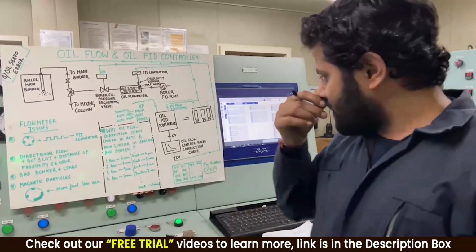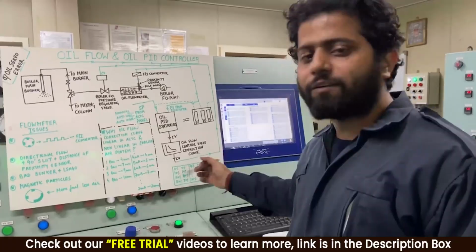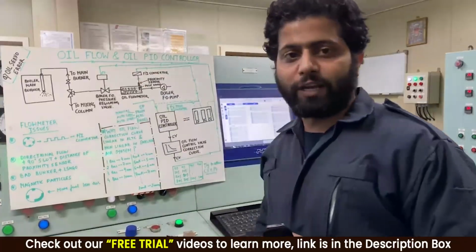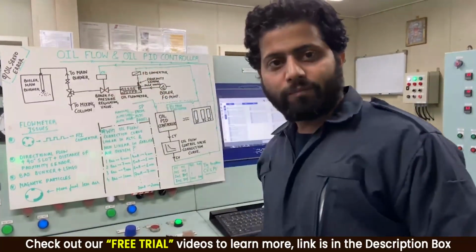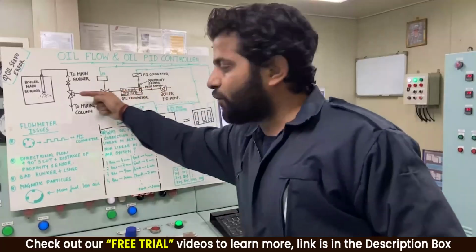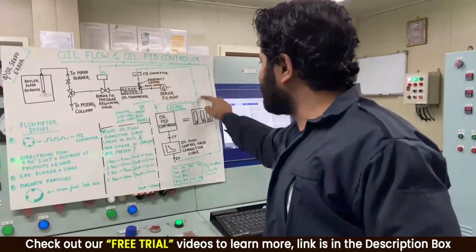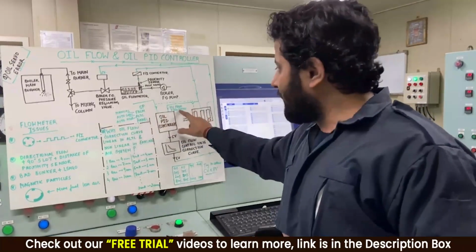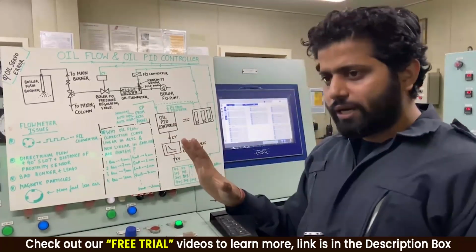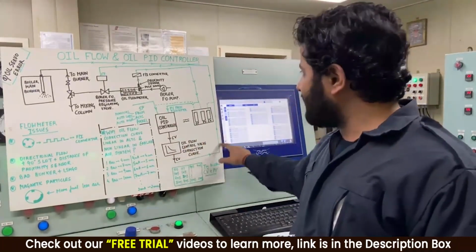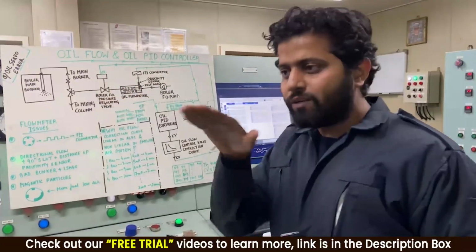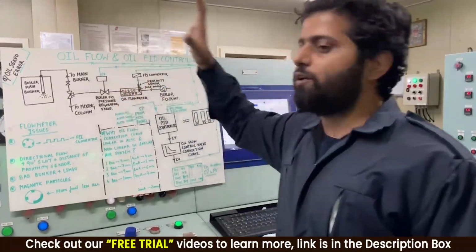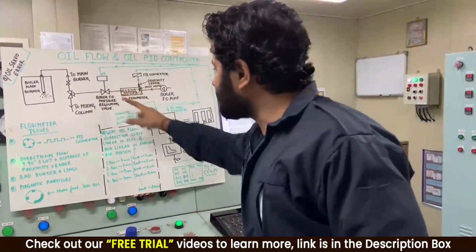Now this output signal passes through an oil flow control valve correction curve that I will discuss later, and finally an output is generated, and this goes to this valve over here, right? And this valve opens a little bit more. When this valve opens a little bit more, more oil goes, and suddenly my PV increases. So now this PV becomes 25, and my set point is 25. Suddenly CV says, okay, maintain this much, this is okay. Finally a fixed CV is maintained to open this valve and keep it at that level. Got it, guys? So now say my CV is 25%, my valve is 25% open. That is how this system is working.